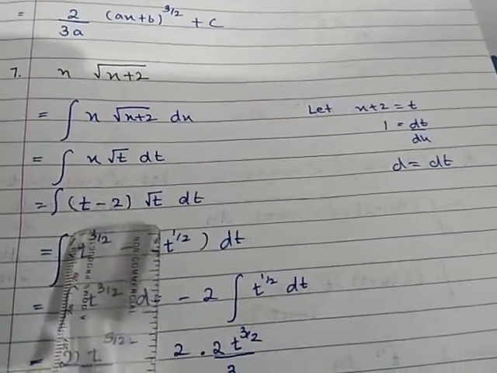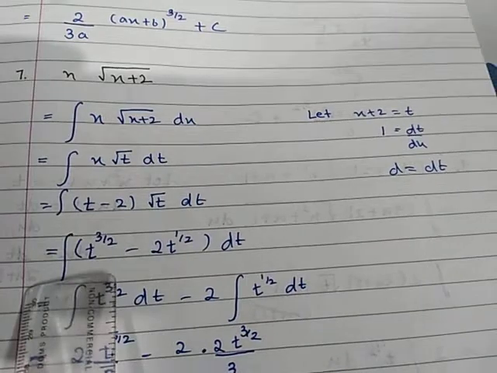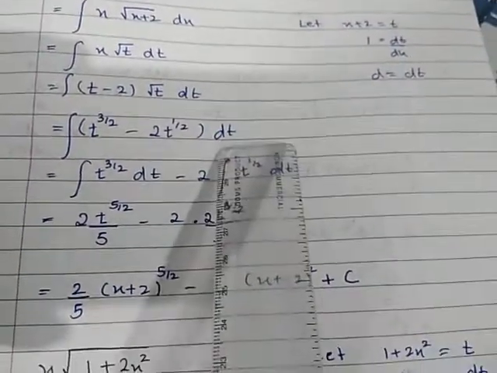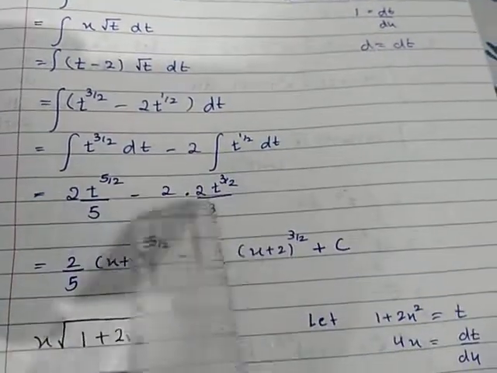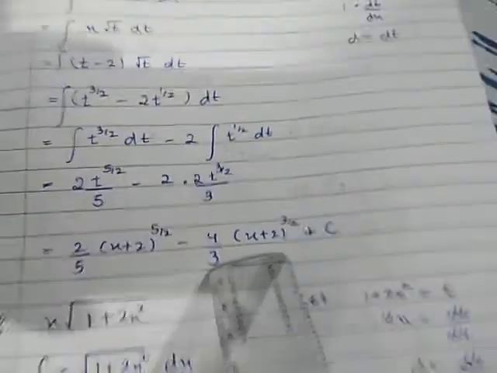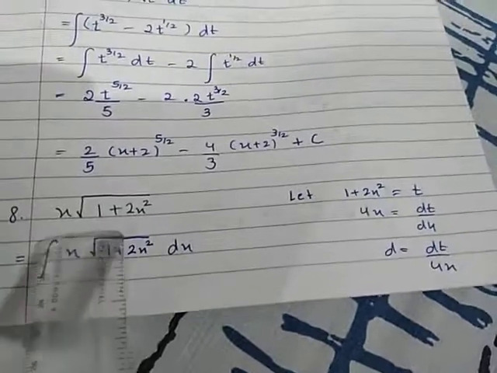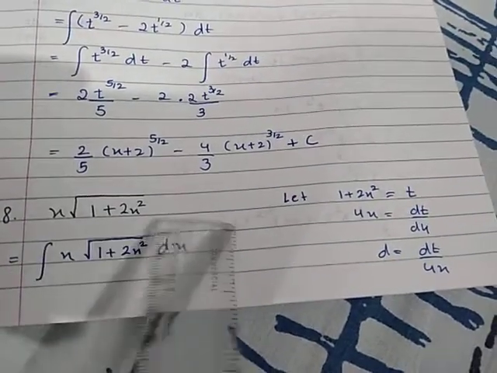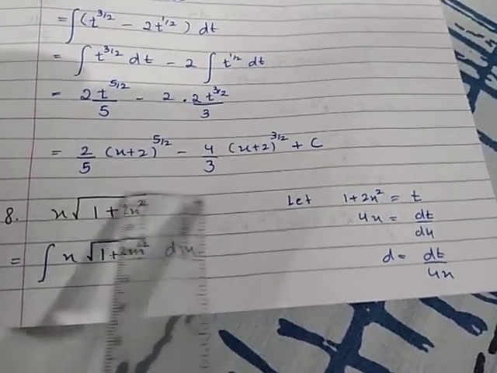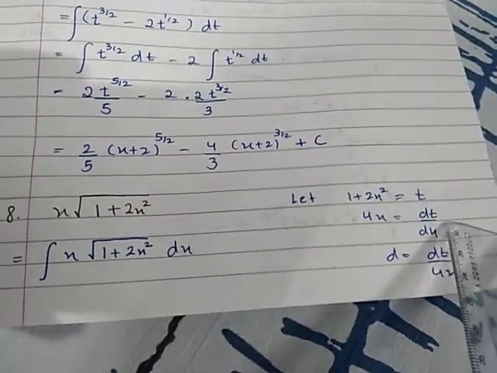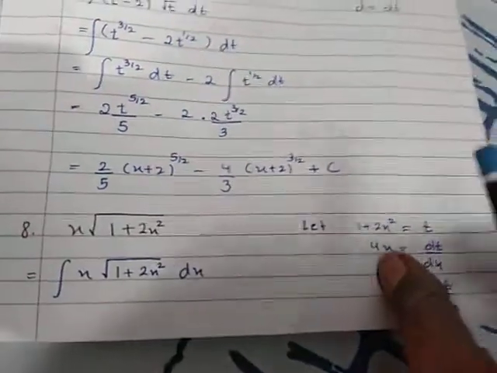Put the value. t into under root 2 t is t to the power 3 by 2 minus 2 root t, and then we can do integration and put the value of t. Same as question number 8. x into under root 1 plus 2x square. 1 plus 2x square is replaced by t. Put the value, and